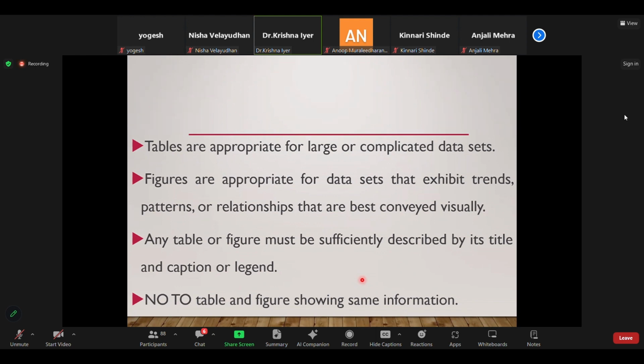These are very, very useful when you have data sets which exhibit what are called divisions between each other, or they display trends or patterns or relationships, which, rather than talking about, it is much easier to simply put in a figure and convey visually. So you need to use these two tools of tables and figures very, very judiciously,